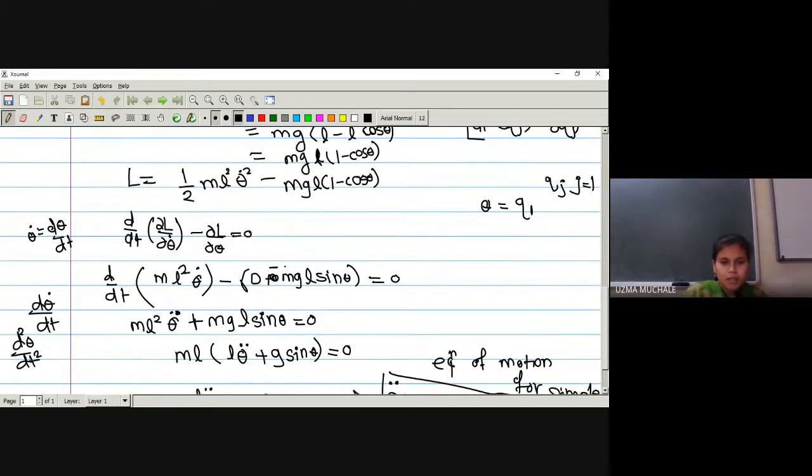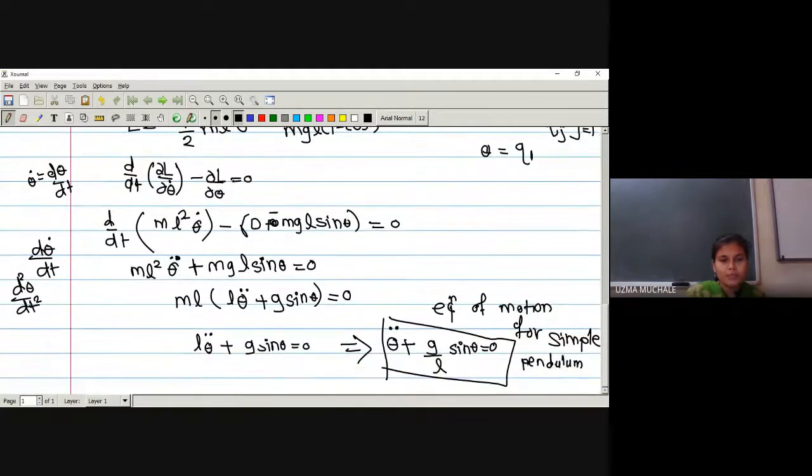And just find out the derivative. Finding a derivative is not a big job, because you are already a BS graduate student from mathematics. You can find out the derivative. Just put in the values of the derivative. Those terms which are common we can take outside, and m and L both are non-zero, so we can divide by m and L. Since L is also non-zero, we can divide the whole equation by L, and we get our equation of motion for a simple pendulum. Okay.